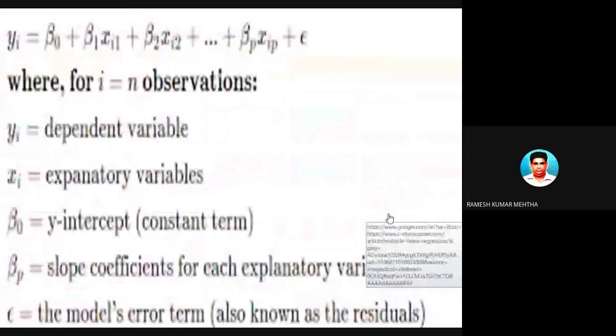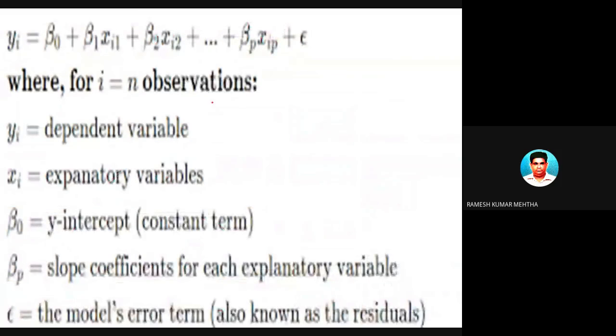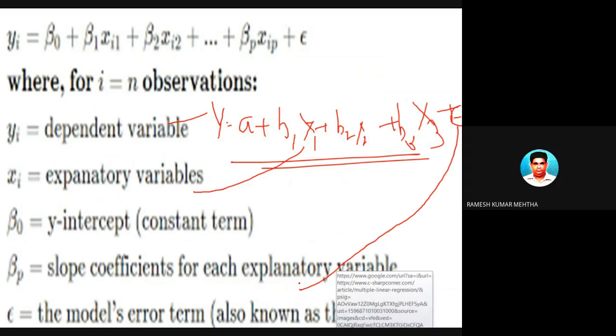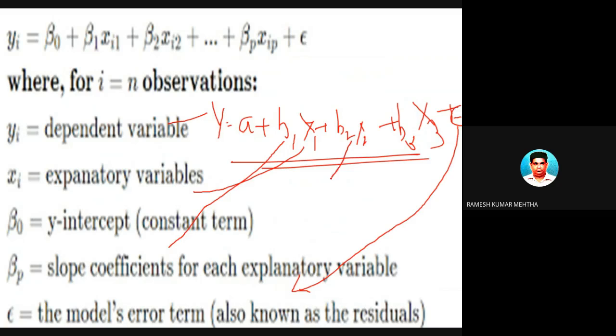So already I told you this equation, that when you conduct a multiple regression, you will get an equation like y is equal to a plus b1 x1 plus b2 x2 plus b3 x3, so on and so forth. So what is y? Y is the dependent variable. X1, x2, x3, x4 are explanatory variables or independent variables. And we have here a symbol like this, which is called error. And these are the coefficients of x1, x2 on y, and this is the dependent variable.